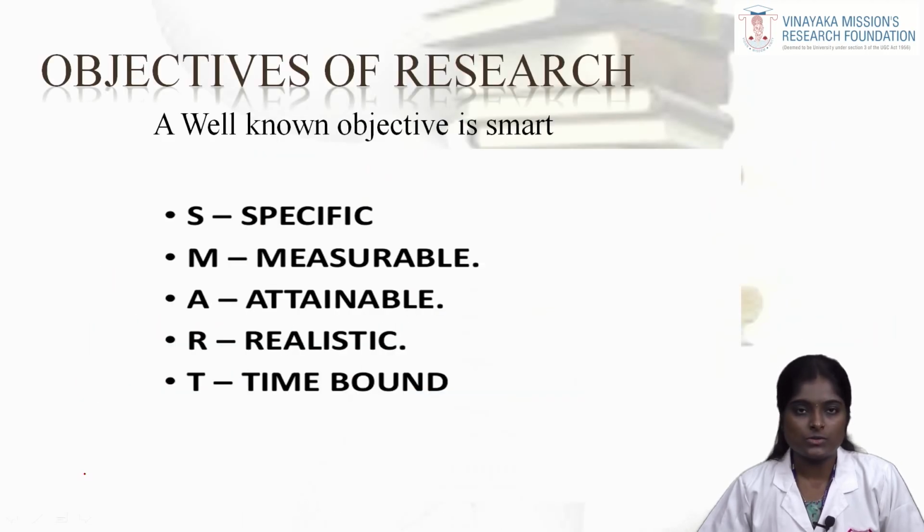So what are the objectives of research? We are about to start the research. So how do we start? First we have to have a goal. To that goal we need to know how we are going to go about it. So that is known as the objective. Your objective should always be SMART. S stands for specific, M stands for measurable, A stands for attainable, R stands for realistic and T stands for time bound. So your research should always be specific and not so vague, and it should be measurable or